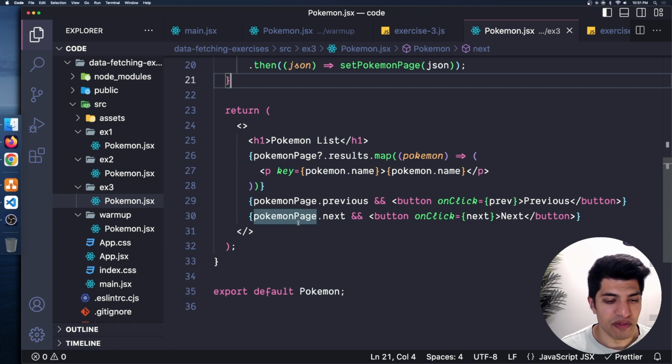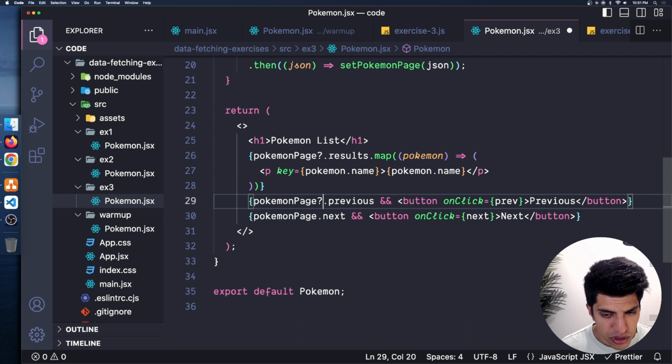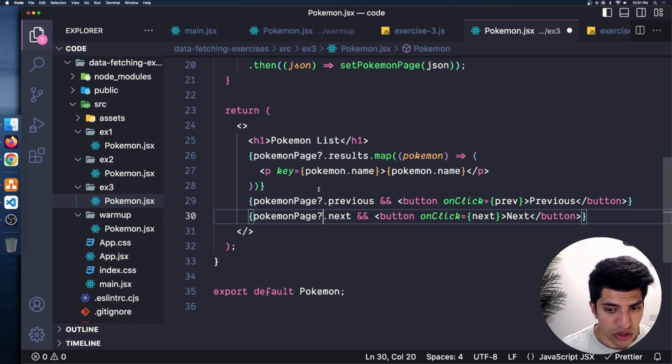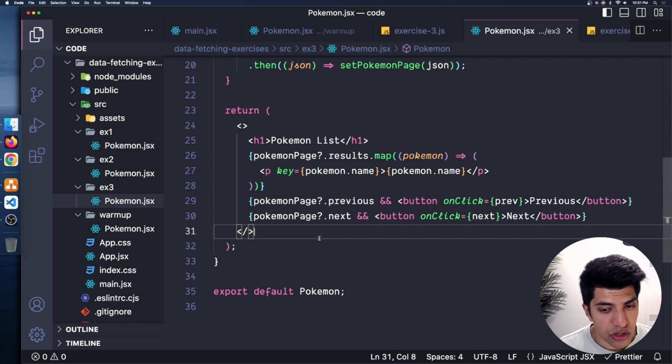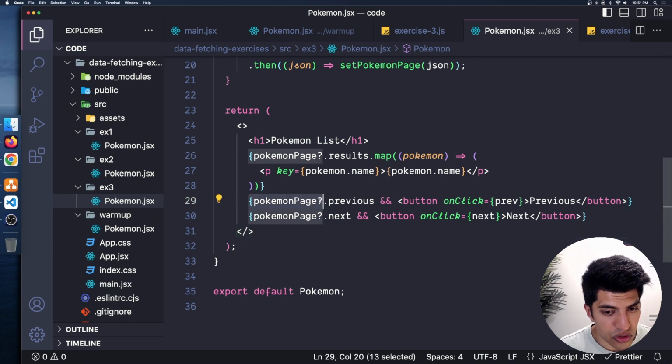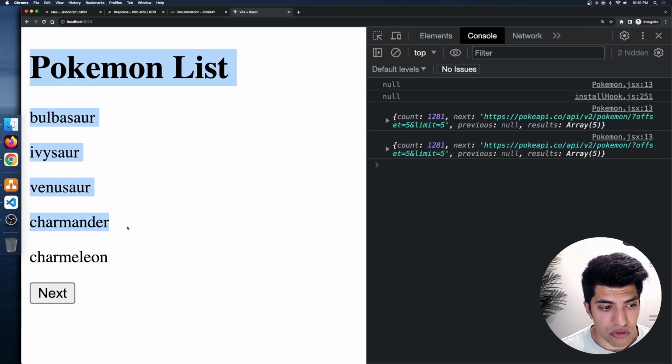pokemonPage.previous. So when we first render Pokemon page, it's null. So I'm just going to put an optional chain right here. There are some other things we could do to test that, or we could do other types of conditional rendering. I'll just go with that. Okay, this is going to immediately evaluate to null as soon as this is null, and it's not going to bother checking that key. So I'm going to refresh the page again, and we get the first page of results: